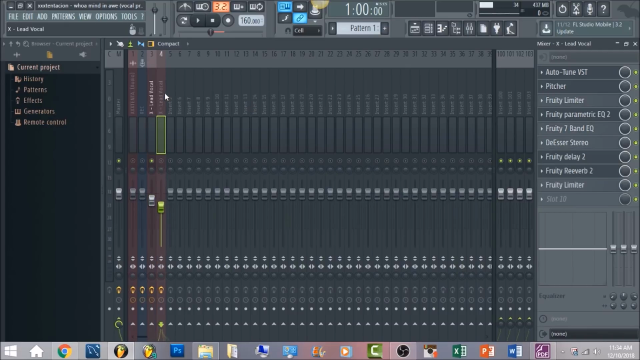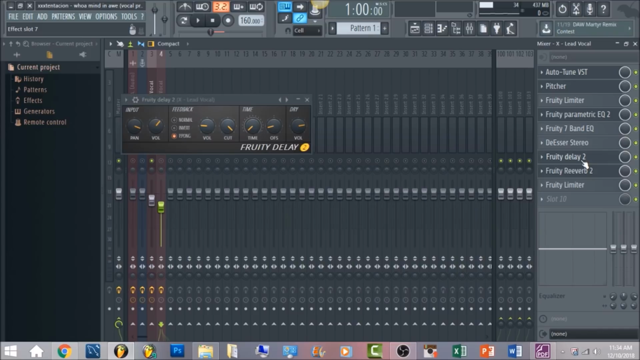The only thing that will be different on here will be the fruity delay 2, which is going to basically act as a doubler within the vocal. And I know some of these settings right here with the time and the panning, it really has to be exact. But like I said, if you need this folder with the vocals and all the effects, you can get